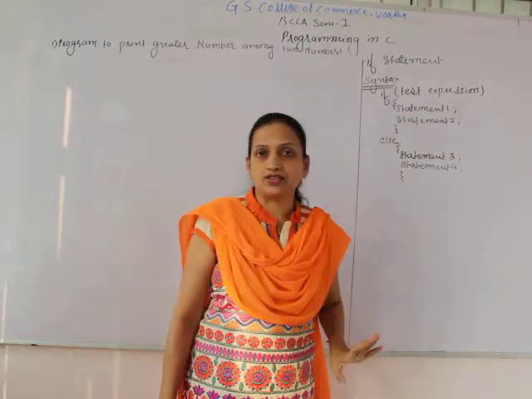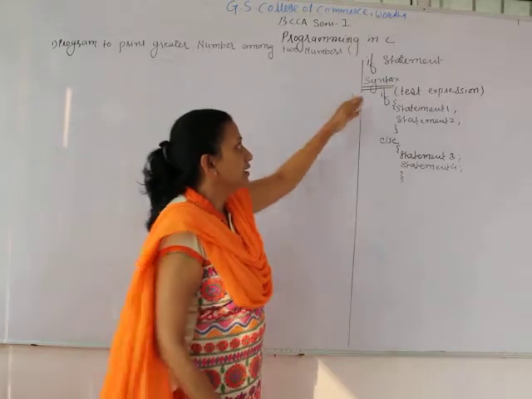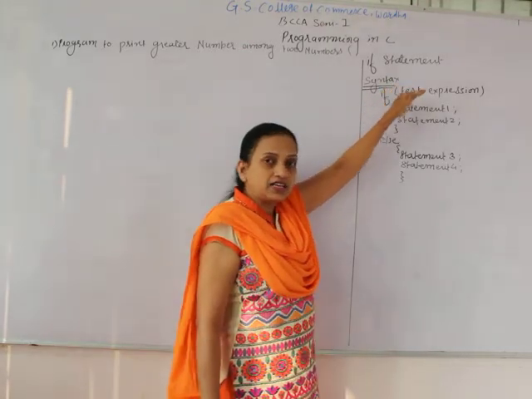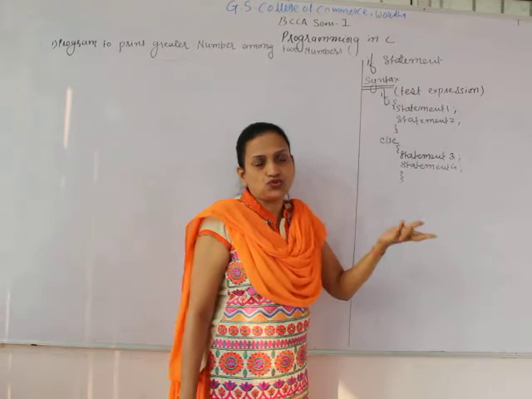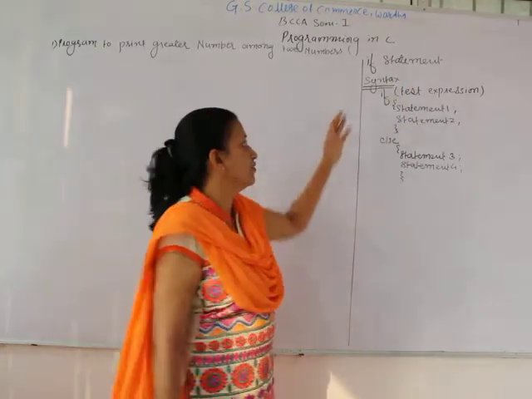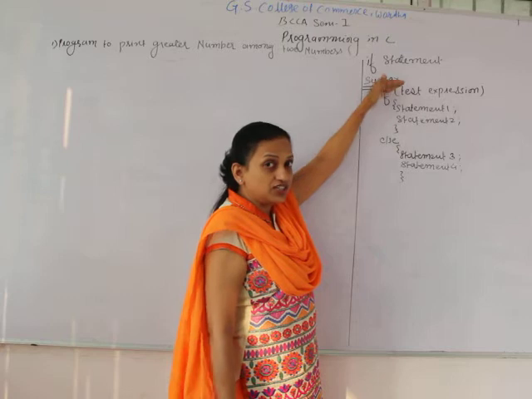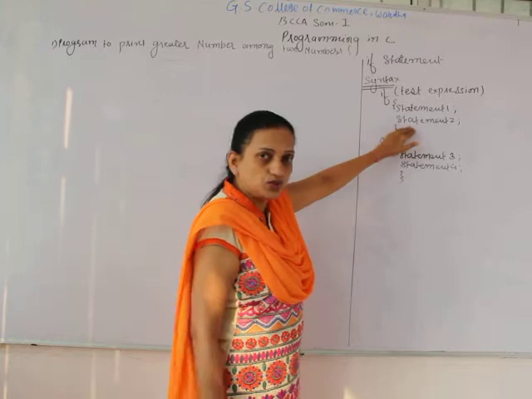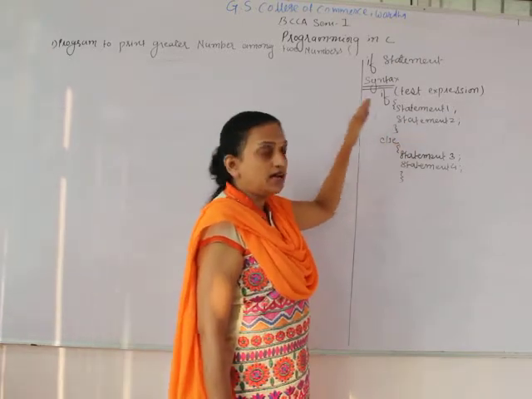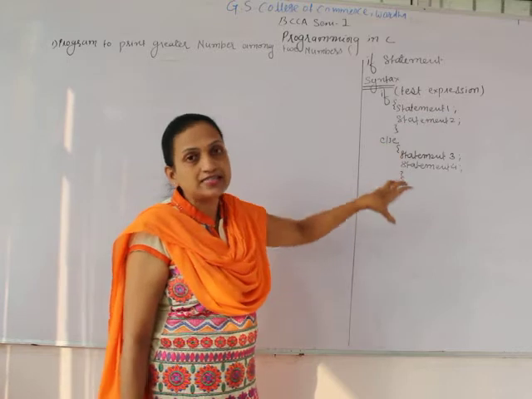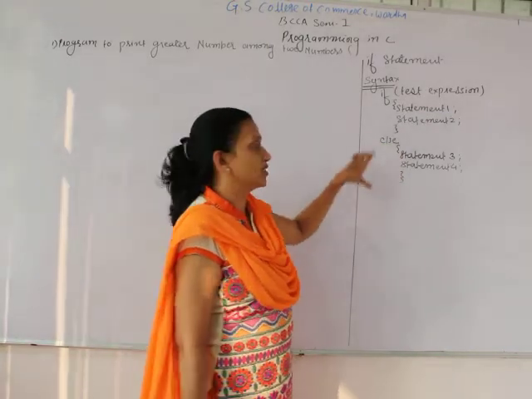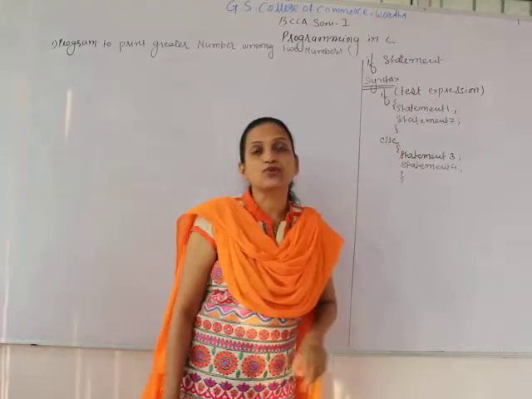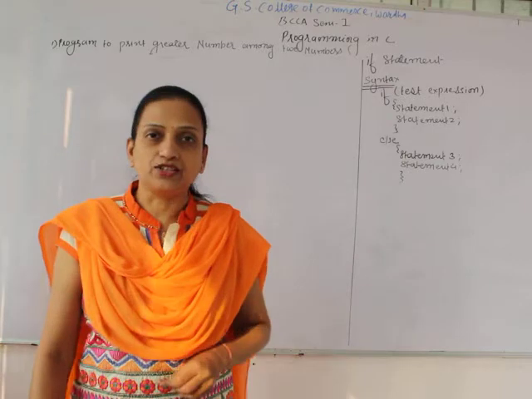block gets executed. Means the test expression, which is also known as the condition, has two possibilities: the condition is either true or false. If the condition is true, then the statement associated with the true block is executed, and the else block is totally skipped by the compiler for the execution. But if the given condition is false, then the else block, which is also known as the false block, gets executed.